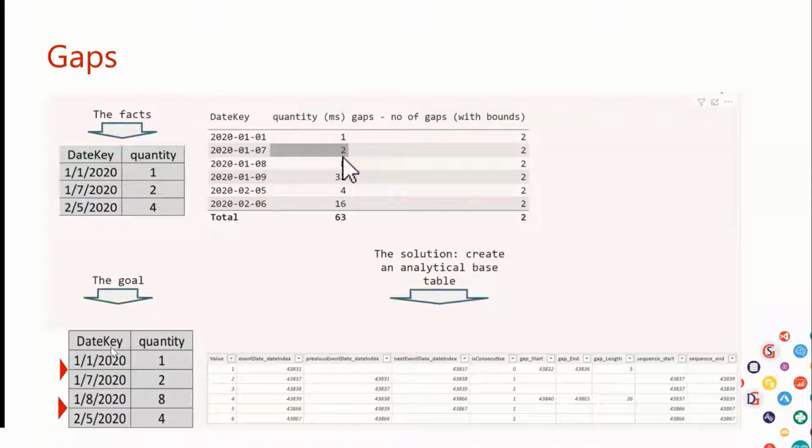So if this is the complete sequence of ordering events, there are, for example, 2 gaps: between the 1st and the 7th of January, and between the 8th of January and the 5th of February. These gaps have different lengths, and maybe if I know how long the gaps are on average, I can predict